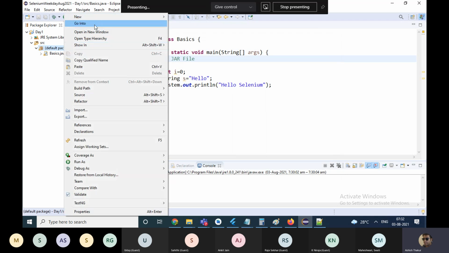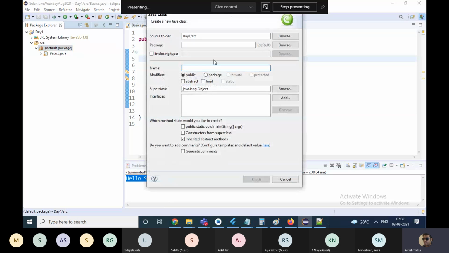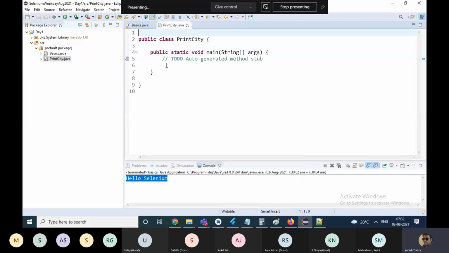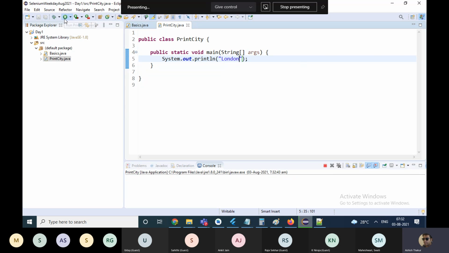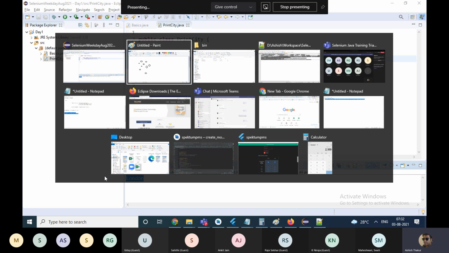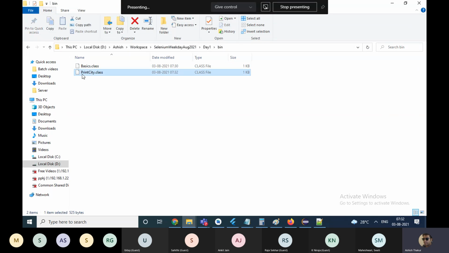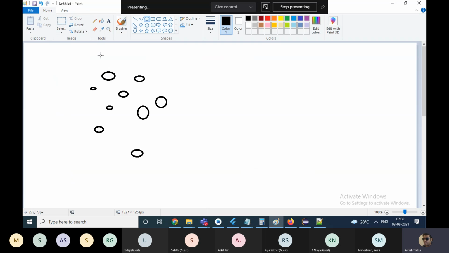Like if I just make a new class known as print city.java, and inside it, if I just go and print London, and if I run this, it will print London, and you will see that the print city.class file has been formed. So for every Java file, you will have a class file.